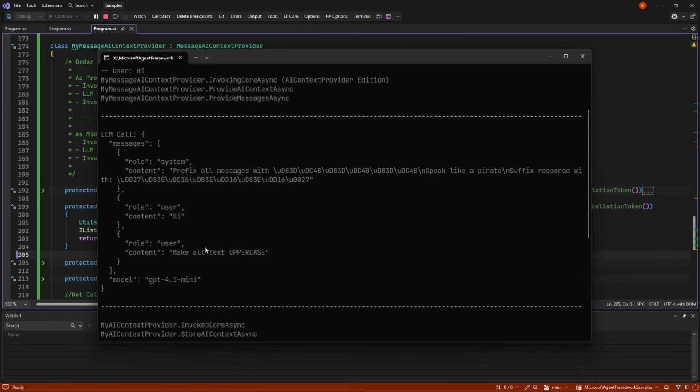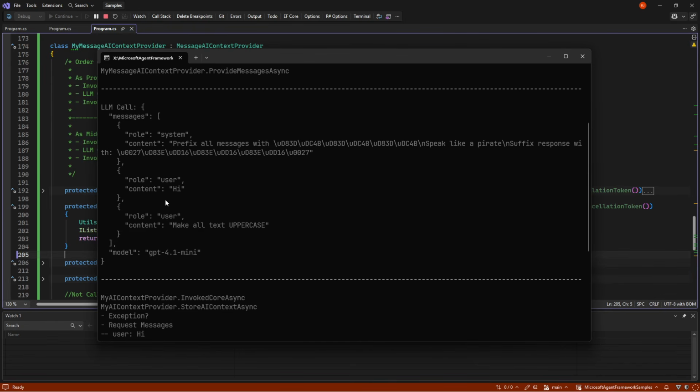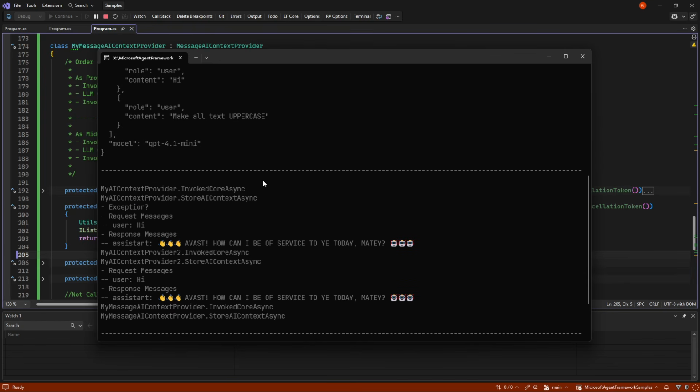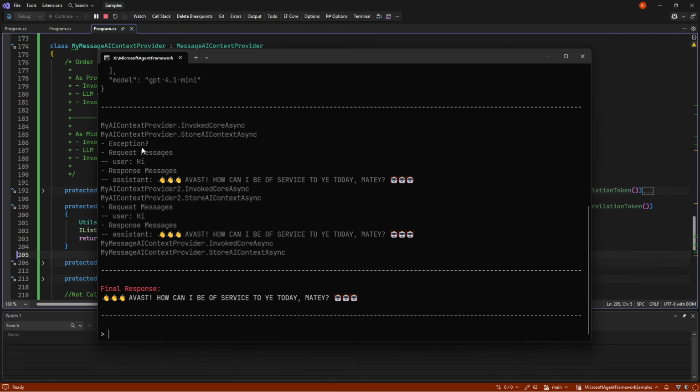I'm a bit surprised that it happens, it puts it after the original message, but they must have evaluated that is best. If I had made this implementation, I would probably just put it before, so the real user message would be the highlighted one, but they have chosen to put it after, and AI can understand it. The messages come back to all 3 providers, and we now get all our instructions put together, plus the extra message that gives even further instructions, being uppercase.